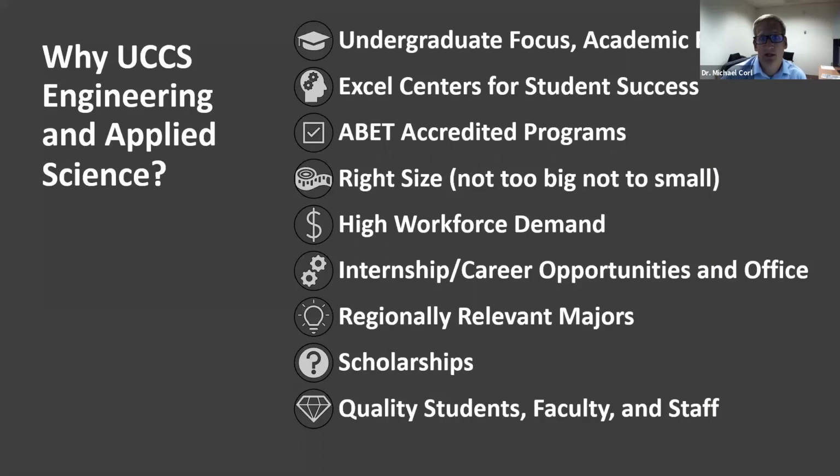There's a lot of scholarship opportunities here in the engineering and applied science, which you can take advantage of, and I'm sure your parents would greatly appreciate if you did. And lastly, I'll say the students, faculty, and staff are all here to help you be successful. They're all doing everything they can, whether it's during these unusual times during the pandemic or during normal operations. They're here for you, and I can't underscore that enough here. So these are some of the advantages UCCS brings to the table, certainly within engineering and applied science, but things that you should look for as you look at other schools and more closely at UCCS. I'd highly encourage you to look at these things and figure out what the best fit is for you as